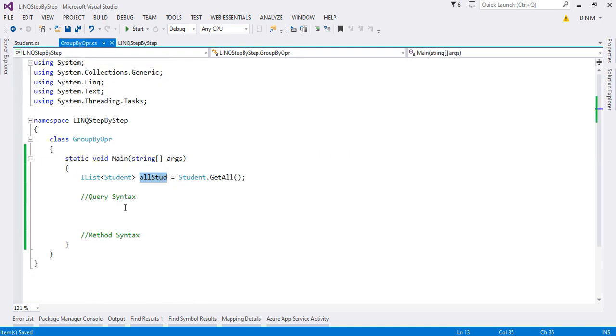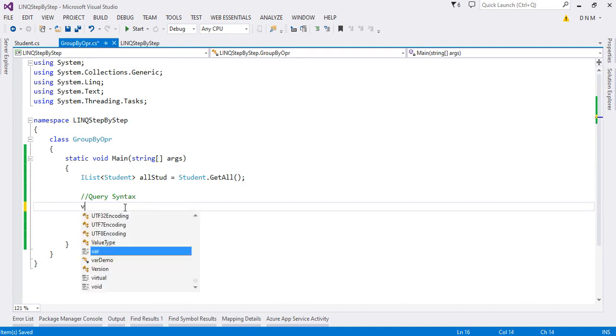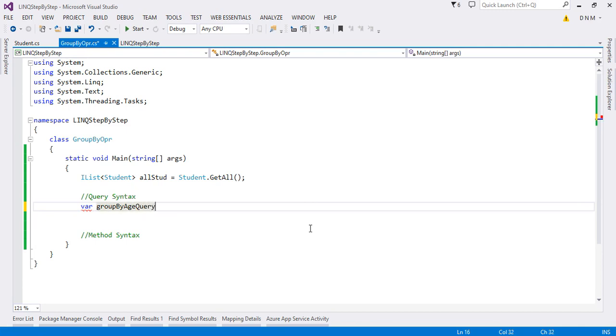First of all, we will concentrate on the query syntax. So here I'll say var. Here you have to take the data type as var instead of any specific type, because here we get some different result. I'll show you. So say groupByAgeQuery, because we are going to see query syntax as well as method syntax.